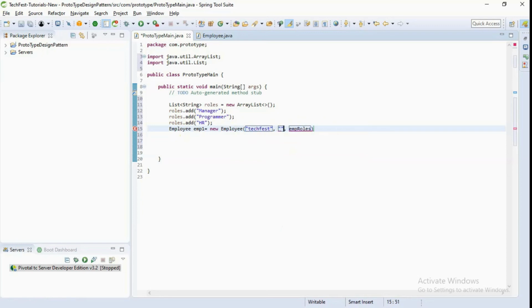Last name I'm passing Java, and for roles I'm just passing the list.